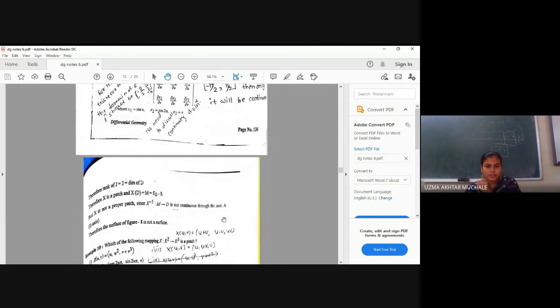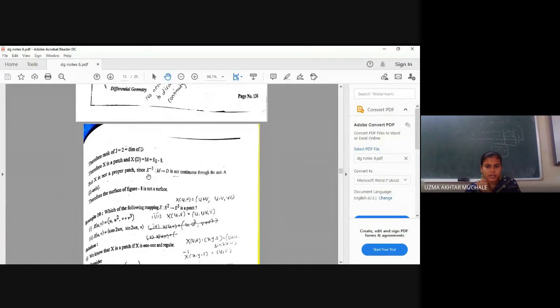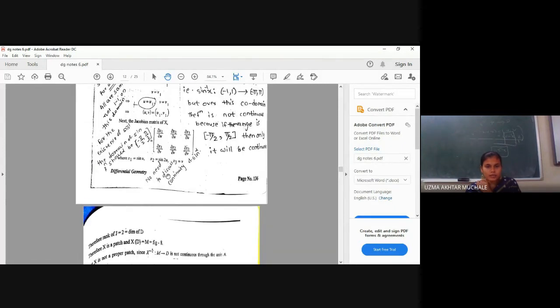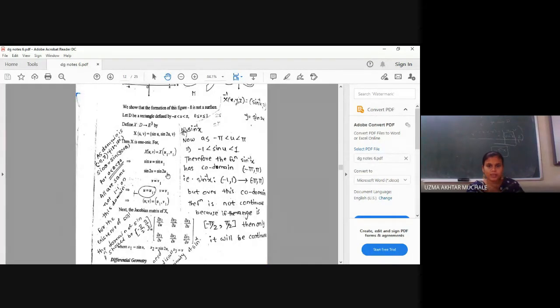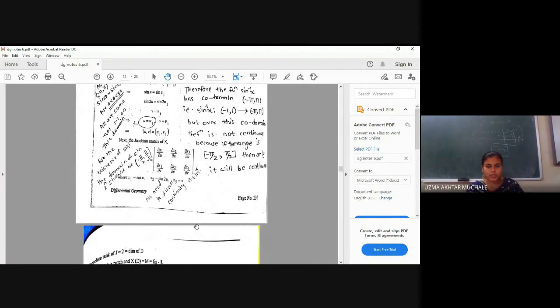So x inverse is continuous only if its coordinate functions are continuous. In the last lecture, I showed you how to find the inverse function. With the help of finding the inverse function, x inverse of x, y, z is sine inverse of x in z. With the help of this, we can see that sine inverse of x is not a continuous function. Why is it not continuous? You have to find out the reason.